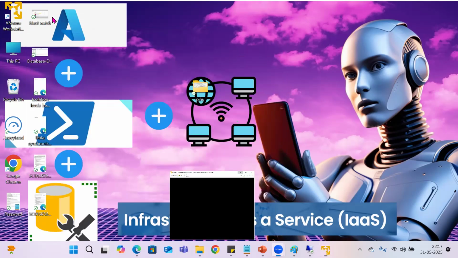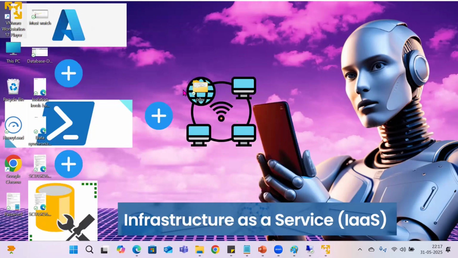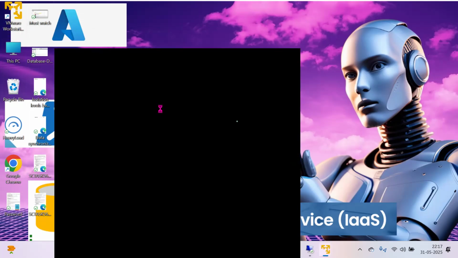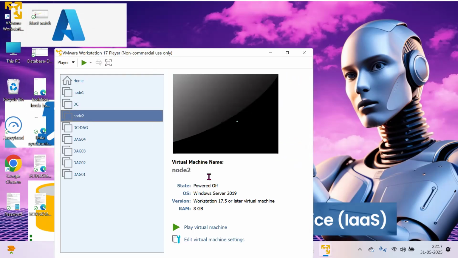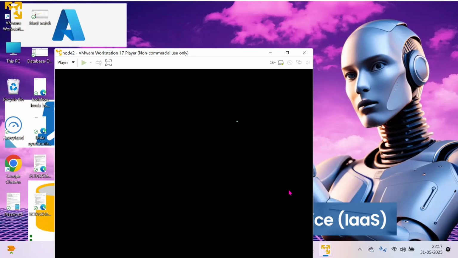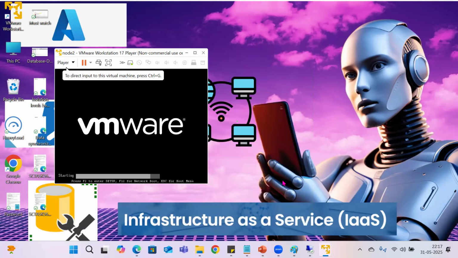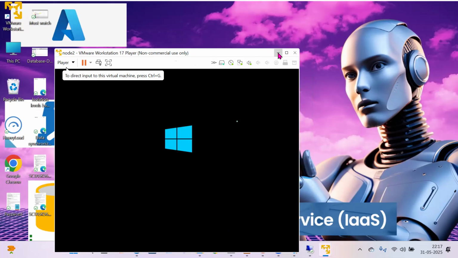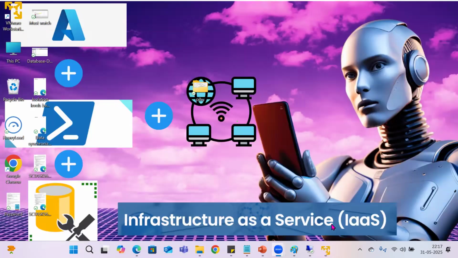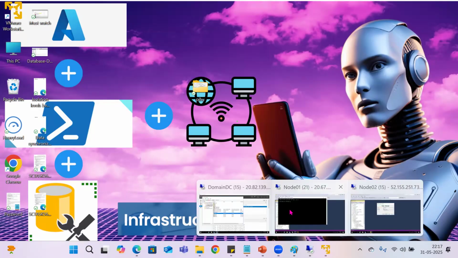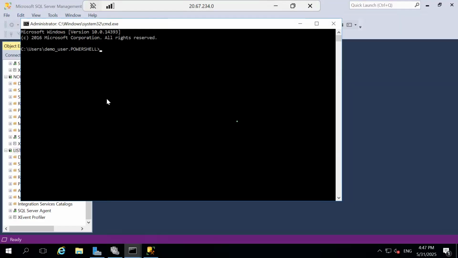I will open the node 1 also. This time it is not Azure cloud. This is the on-prem, and we'll see the on-prem now. On-prem, what is that? Where you will see the ARP table and what the ARP table is saying. So let's see now. Just wait. Once my DC is open, I will connect with the other virtual machine. Meanwhile, I will run